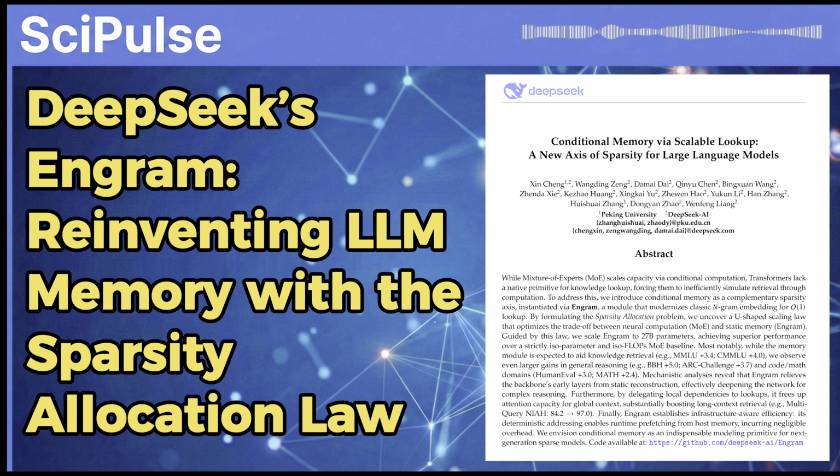So our mission for this deep dive is to unpack a really elegant architectural solution for this. It's called conditional memory via scalable lookup. The researchers built a module for it called Engram, and the results, well, they don't just improve fact recall, they get these massive and honestly really unexpected gains in complex reasoning. So let's start with where this even fits in.